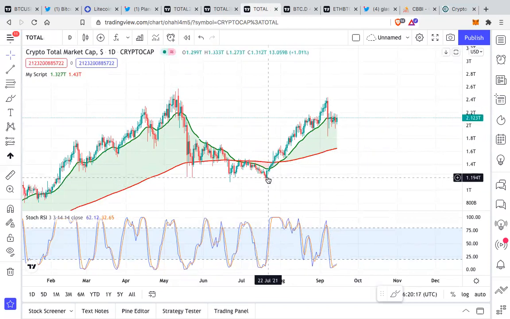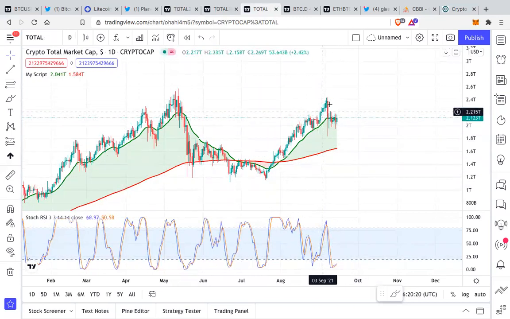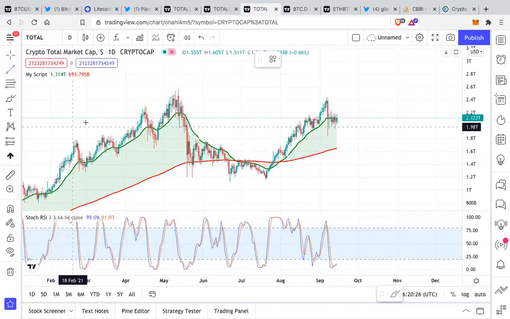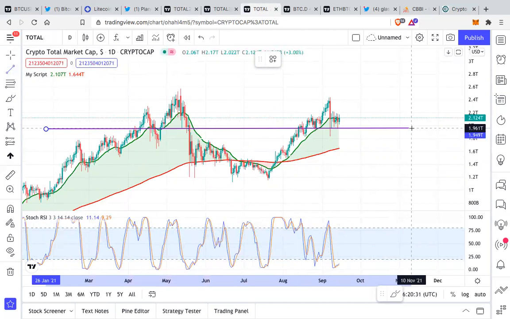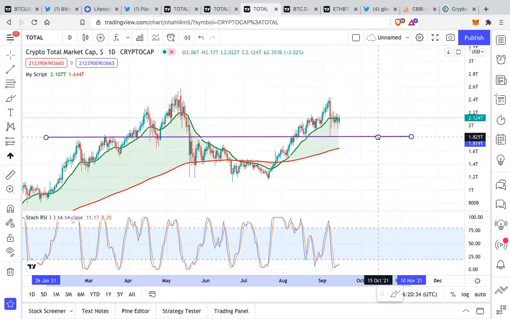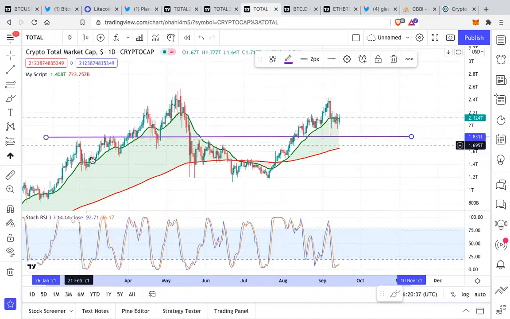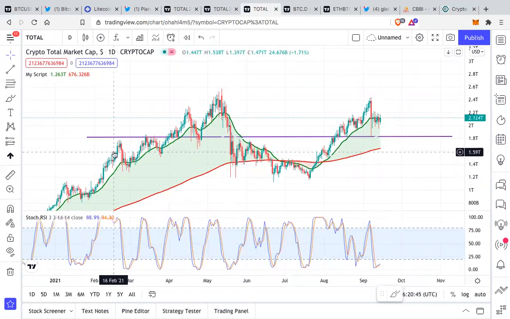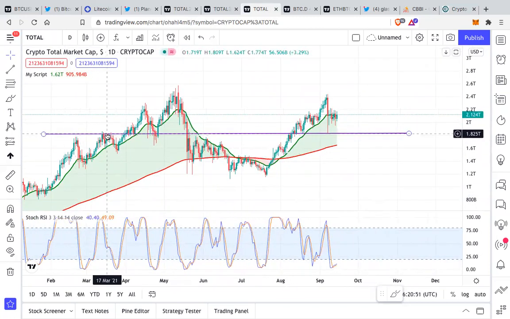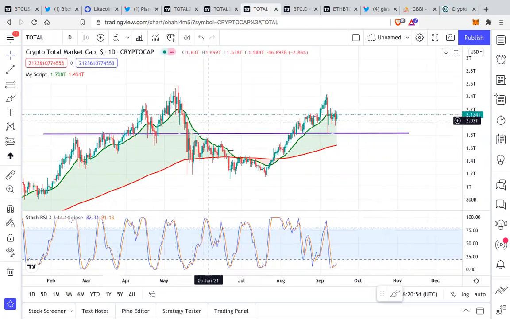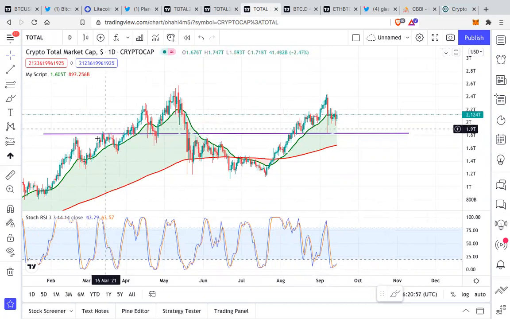So we almost did a 2x in a matter of a month. This is one of the smoothest, fastest recoveries, and consolidating, correcting is not a bad thing. Just look at this. Where are we consolidating? If we go and look at the chart, this is now looking like support over here, which was a previous resistance. This is March 21, this is Feb 21, so this is just this year. We do not even need to go back to previous years. Only in the beginning of this year, Q1, this was our all-time high, and we are currently flipping this region into support.